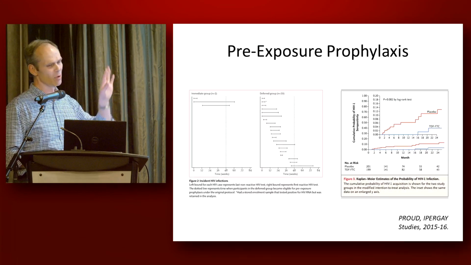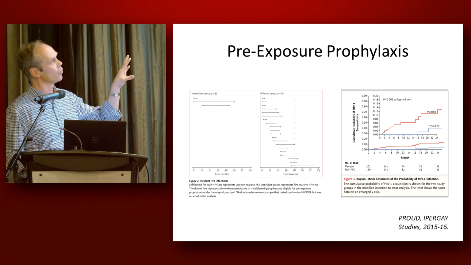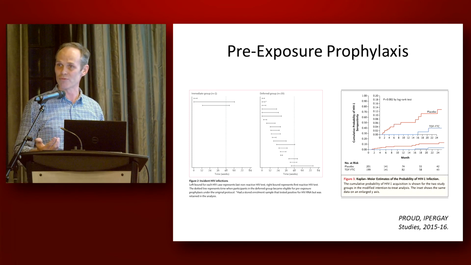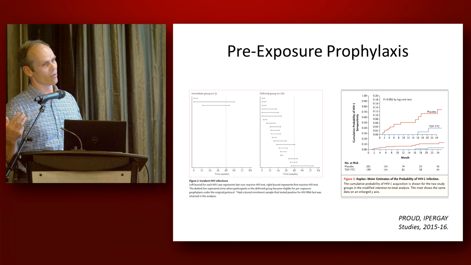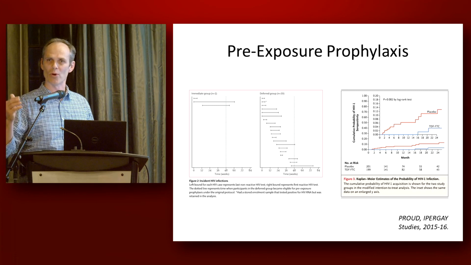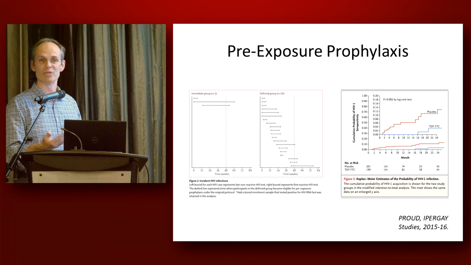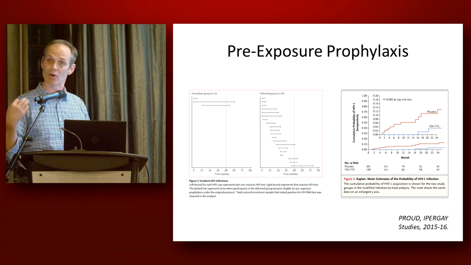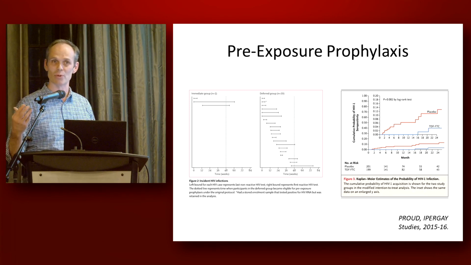So again, I won't go too much into the pre-exposure prophylaxis. I think everybody in the room will know that there are very good studies that have been done recently in terms of implementation of pre-exposure prophylaxis, and that by taking, in general, a pill of Truvada every day, or perhaps on-demand PrEP, where I may take that intermittently depending on when I'm at risk, and I think Isaac will probably touch on that, I can reduce my risk of acquiring HIV by 95%-ish, although there can still be cases of HIV transmission, even when I've been very careful taking my pre-exposure prophylaxis, my PrEP, if I happen to be exposed to a drug-resistant virus.